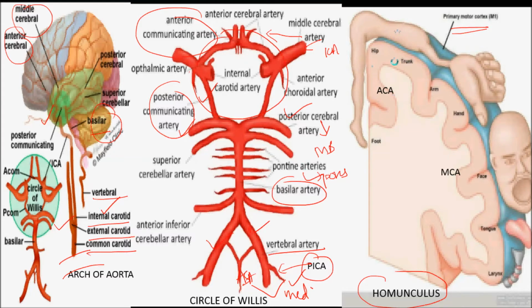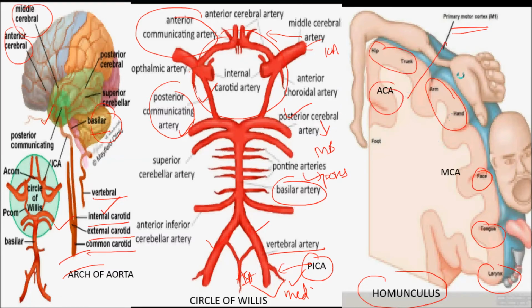For example, according to the homunculus on the motor cortex, at the uppermost part we have the lower limb, that is the hip and trunk, then we have the upper limb, that is the arm and head, then we have the face, then the tongue, then the voice box or the larynx. So suppose a patient presents with symptoms of right lower limb weakness, we know that his left ACA might be